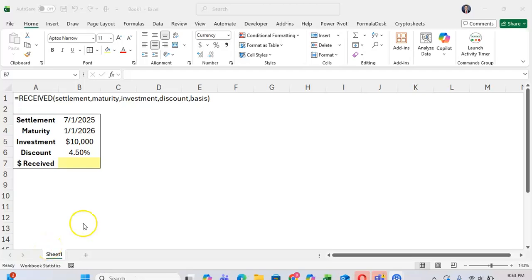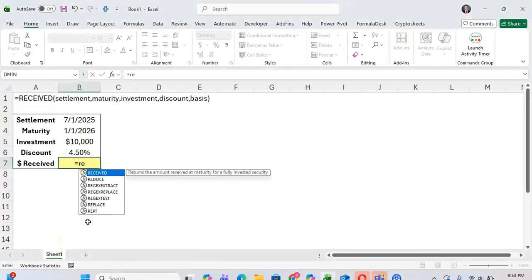In this tutorial, I just wanted to spend a few minutes talking about the RECEIVED function in Excel, which is a great function because it will return the amount that you receive on an investment at maturity. So use this function: equals RECEIVED,